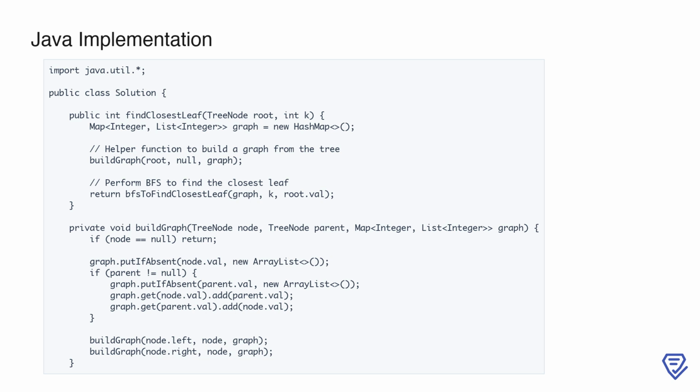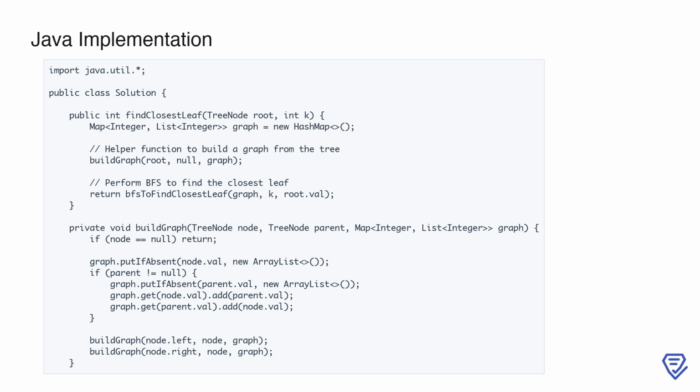Each node and its relationships with its parent and children are stored as entries in the graph. Notice how we handle the tree traversal. If the current node is not null, we add it to the graph, and if it has a parent, we establish a two-way link between the node and its parent. This ensures that the graph is bidirectional, allowing us to traverse both upwards and downwards in the tree during the search. The recursive calls to buildGraph ensure that the entire tree is processed, including the left and right subtrees